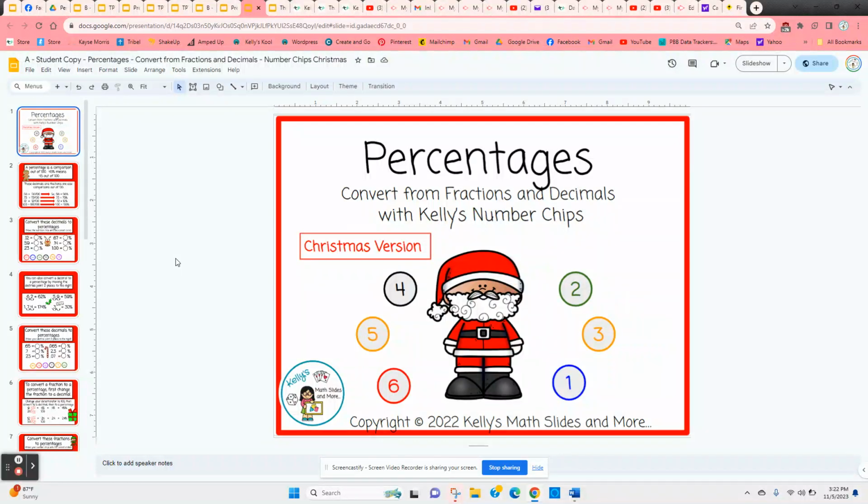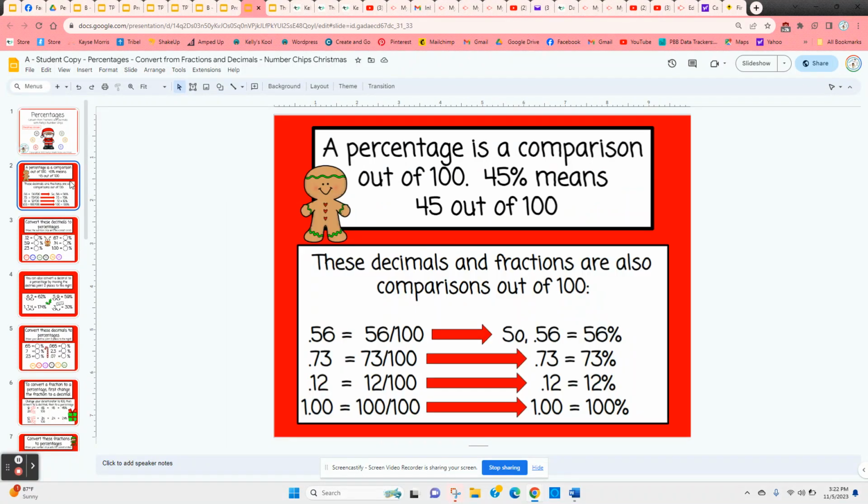Percentages converting from fractions and decimals with number chips. This is a digital lesson, and this is the Christmas version. It starts out with explaining what a percentage is. It's a comparison out of 100. And it gives some very easy